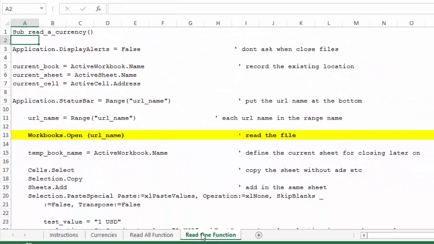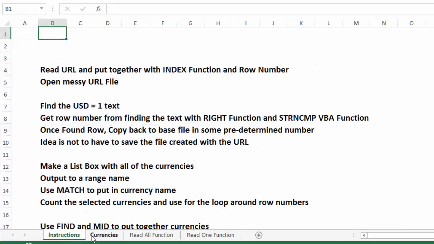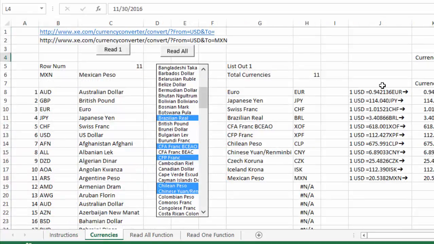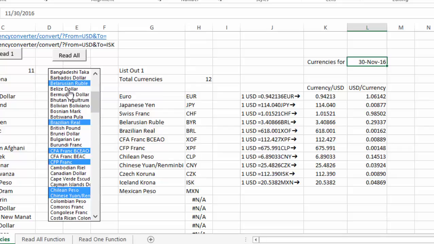You can go through and look at this, then the video will explain what this is, and you can just get the answer that quickly. And you can put this in your invoice files or anything else, but it really is an illustration of how to use the workbooks.open feature or statement from the macros